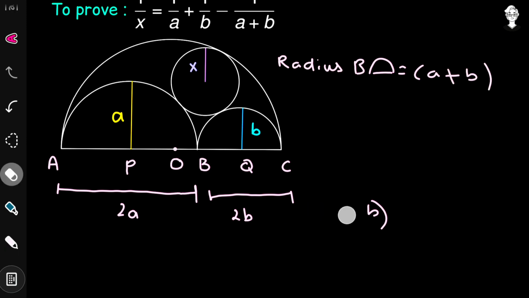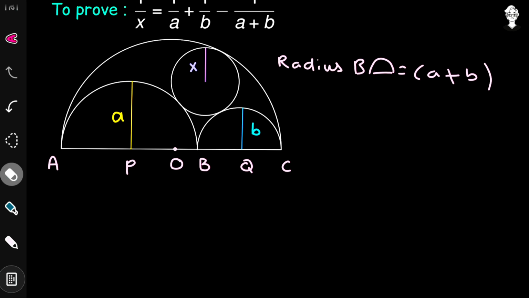So before that, I am just removing this previous thing. But now we have that the radius of this biggest semicircle is equal to a plus b. So now we are going to utilize it so as to get some other lengths. So from point A to the point O, it is the radius of this biggest semicircle that is going to be equal to a plus b. AP is the radius of this particular semicircle, so it is going to have a length equal to a.